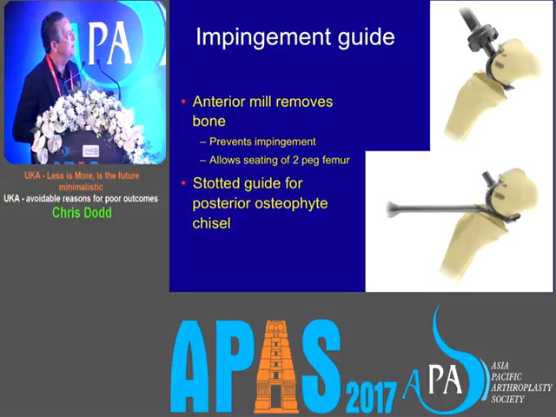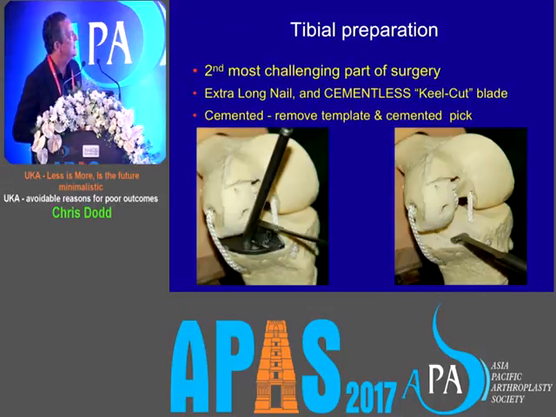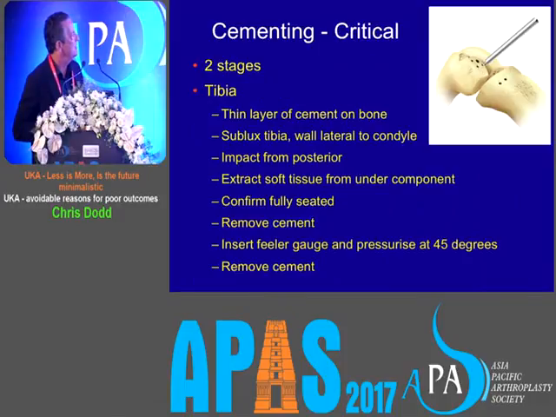You must remove impingement anteriorly and posteriorly, particularly posteriorly, if you want to prevent dislocation of the bearing. This is the second most difficult part. Again, it's related to the tibia. You need to make sure that the tibia sits, so it's resting posteriorly on the posterior cortex, medially on the medial cortex. Take out as much of the bone as you need to.